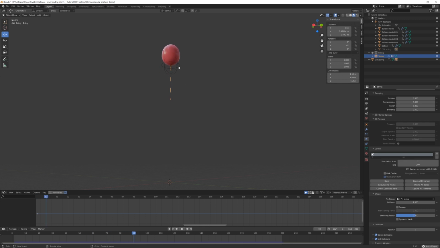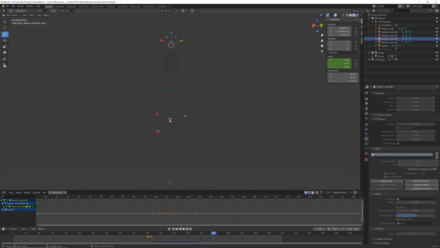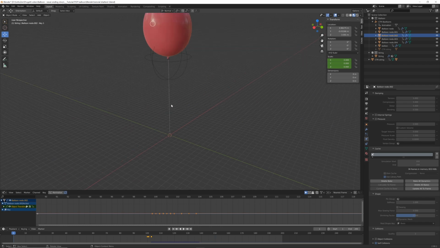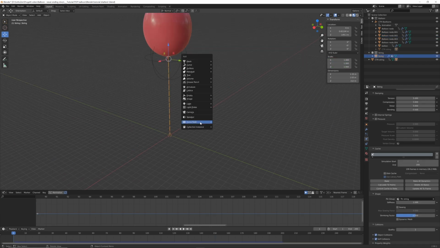We have our balloon that explodes, and our string that starts to following the rigid body cube. By the way, these 4 objects are now stopping at these frames because of their cache, but this is not a problem. We only have to increase the number of simulation frames later. Instead, what I want to do to make a little bit more interesting our string simulation here is to add some force field like a wind,